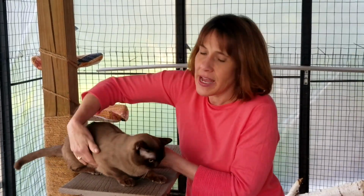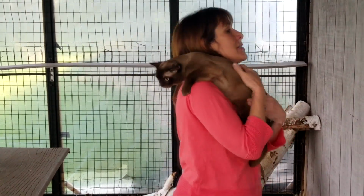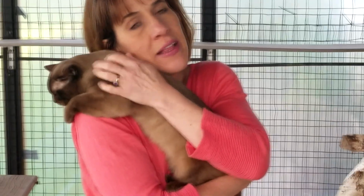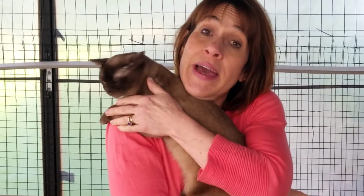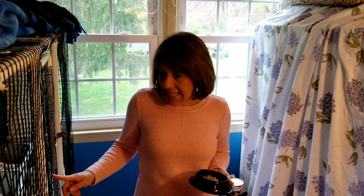You can't really tell, but he's nervous. There he is. He has just the best, the sweetest personality. I can't wait till he's neutered because he's going to make me or somebody else a fantastic pet. But right now we're going to go back upstairs and take a look and see how his kittens are doing. Here I am up in the kitten room, and Peppermint's kittens here are now 4.5